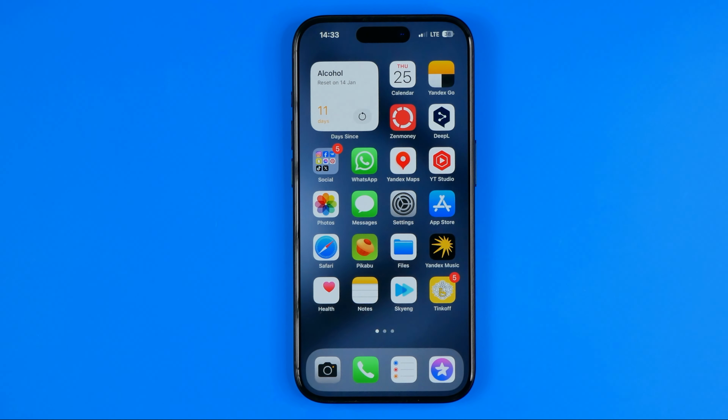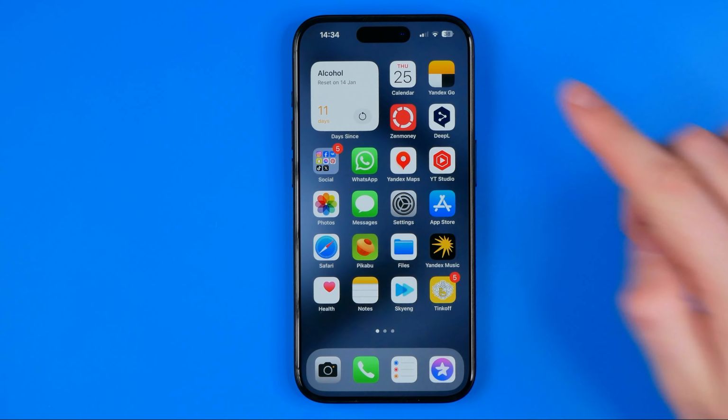In this video, I'm going to show you how you can easily get rid of SOS only mode on an iPhone. Be sure to watch the video to the very end so you don't make any mistakes. Let's get started, guys. I'm gonna show you all the process from the beginning, and first off, we need to